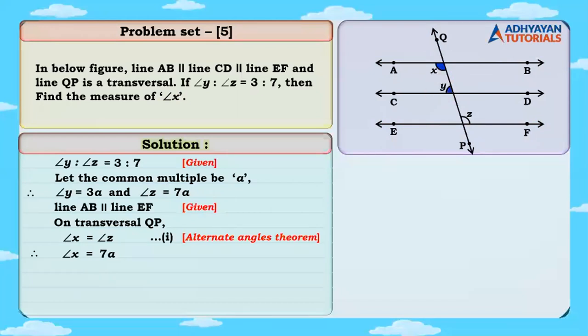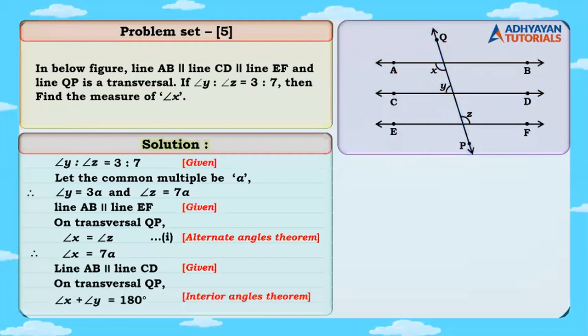Tell me, what is the relation between X and Y? What type of angles are they? To help you all, I'll highlight line AB and line CD. Line AB is parallel to line CD, which is given in the question, and there is this transversal. So you can all see this alphabet, C. C means what type of angles are they? Interior. And since they are interior angles, can I write angle X plus angle Y would be 180? The reason being the interior angles theorem, right? Everyone knows the value of X. It is how much? 7A. What is the value of Y?